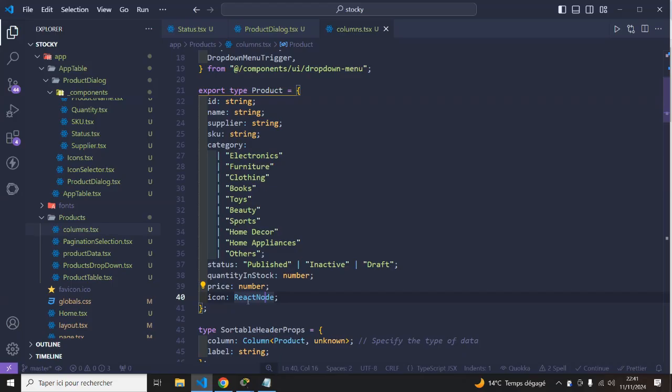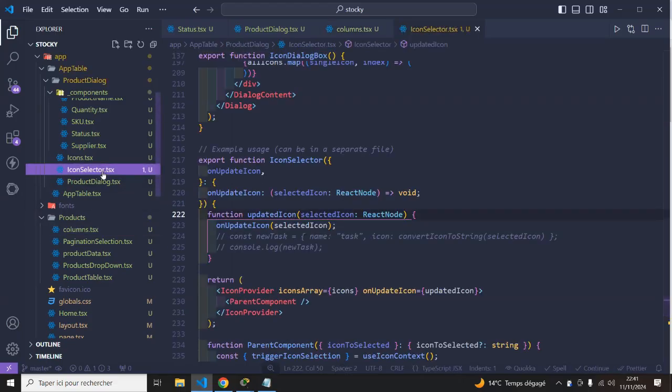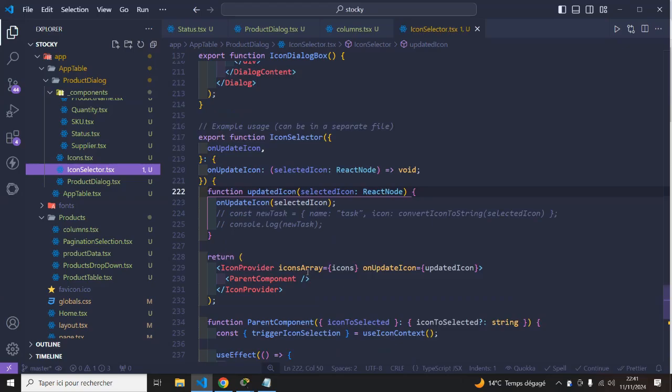So here I'm using the icon property as a React node just to be able to work easily with the icons that I saved inside the icon selector. And talking about the icon selector, another modification that I did just to be able to get access to the icon that we selected. So what we're going to do, we're going to use this callback function to be able to lift up the selected icon